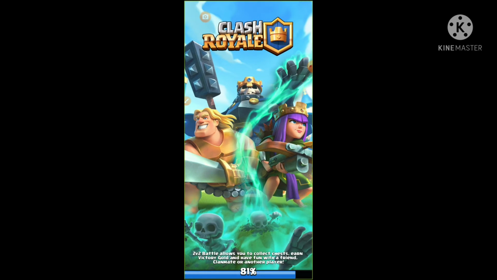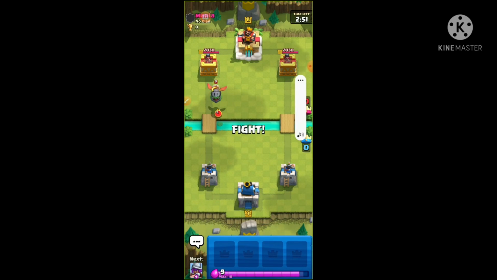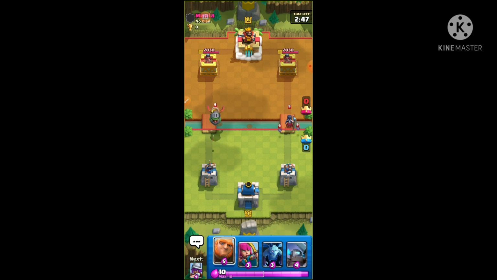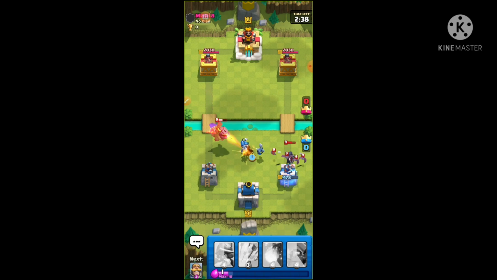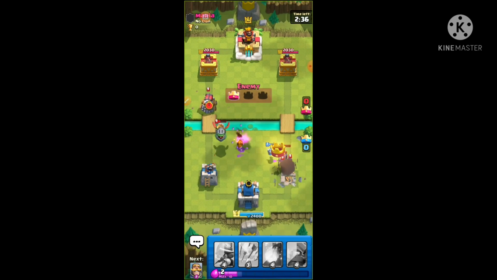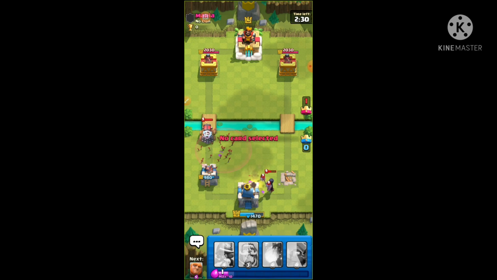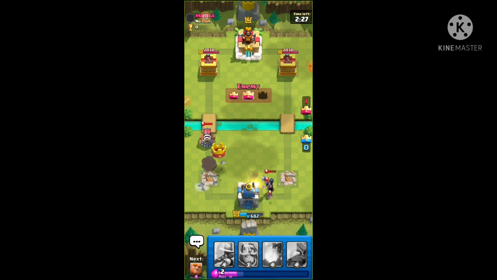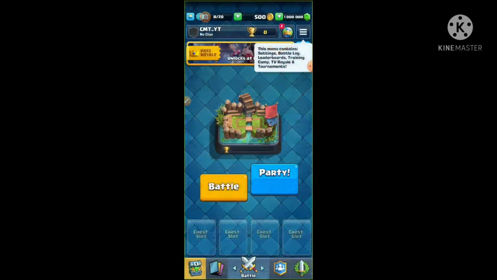Here you can see searching for opponent. To show you proof, I will play.